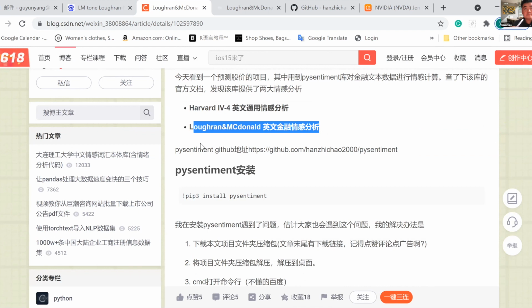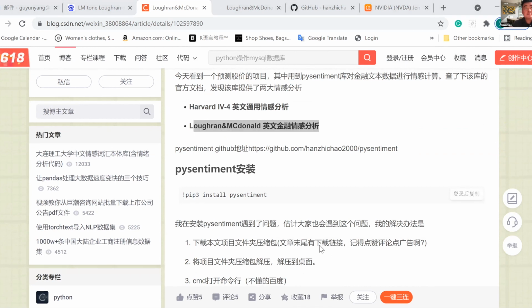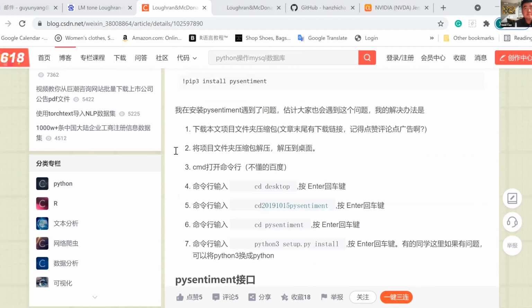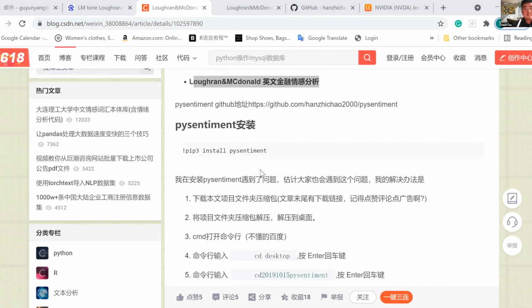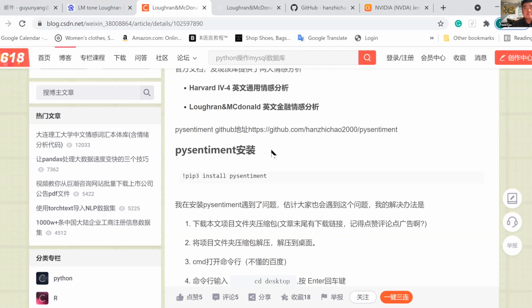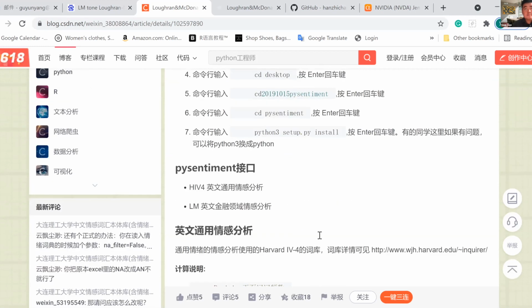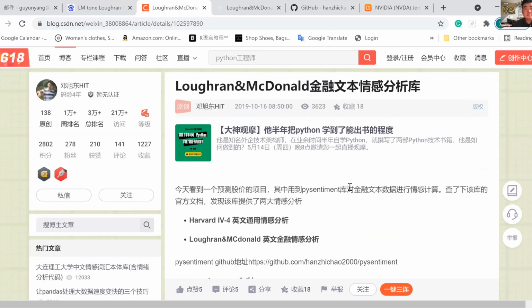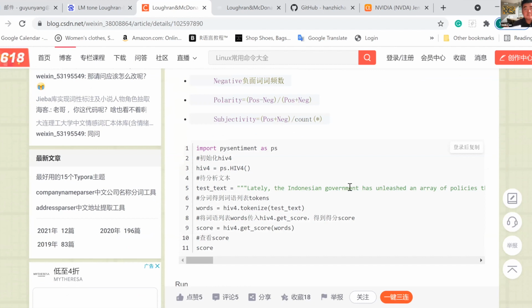is very powerful, and many programmers share their own code on Google, and you can see they explain how to upload this, how to install the package. Firstly, you should install a package, the sentiment analysis package, and then you just follow the code here, right? I don't write the code in my example, but I think it's very easy, and